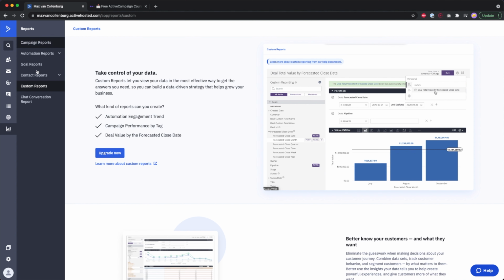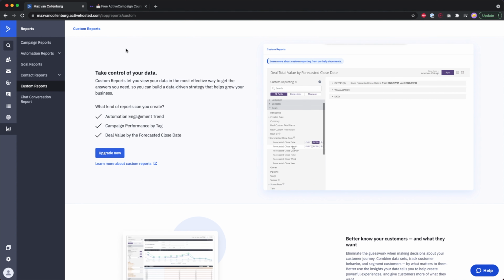But yeah, this is basically the reporting inside ActiveCampaign, and it's okay for tracking little things like, hey, how did this one email perform? How did this goal inside an automation perform? But not like a complete funnel graph of how the actual funnel is performing.